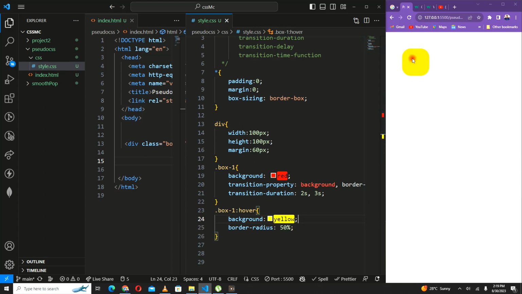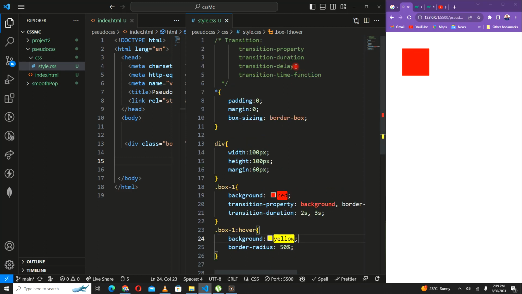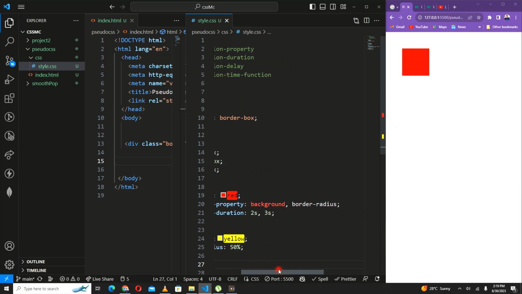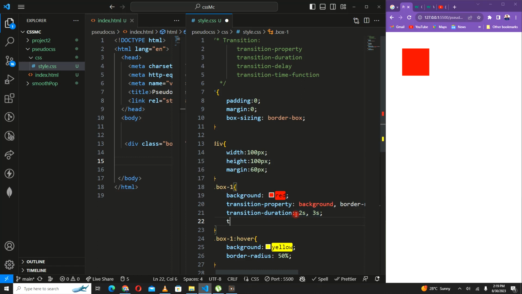So I'm taking my mouse. Here we go. Whatever you want to do is up to you. Now this is for transition duration and transition property. Now let me go ahead and add transition delay to it. So if I want this to delay, I would come here and do